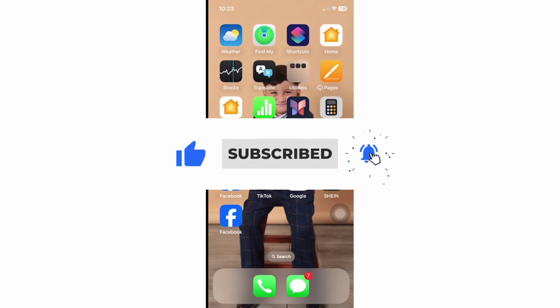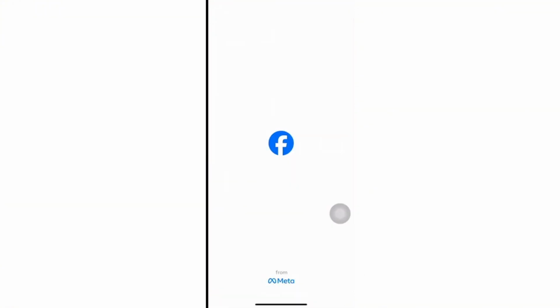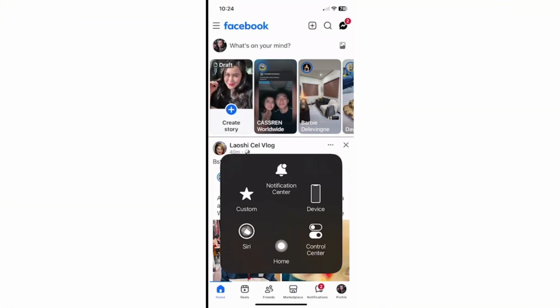Now, as you can see here, I'm using iOS or the iPhone, but the steps are pretty similar. So just go ahead and follow. Okay, so you want to go ahead and try these direct fixes to resolve crashing, loading, or freezing issues on your iPad. So first up, if you have the Facebook app running, you can go ahead and double tap on